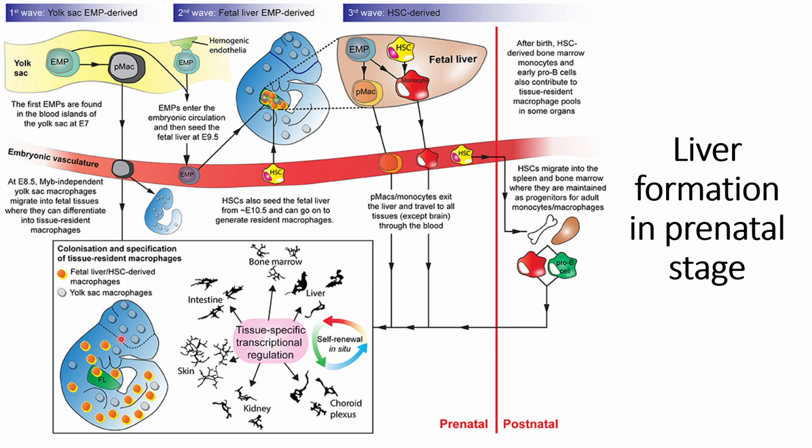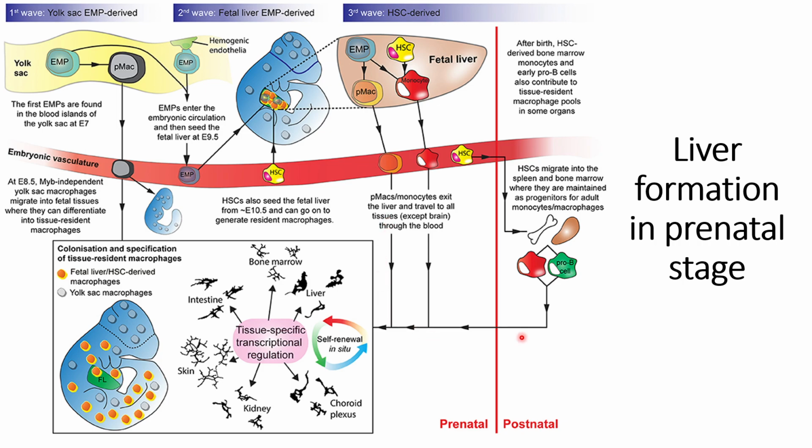So a portion of these cells are still the yolk sac macrophages, and some of them are fetal liver, derived from hematopoietic stem cells macrophages. And this occurs at E8.5. After that, at the stage of E9.5, what happens is this hemogenic endothelium interacts with this EMP, and it will then direct these premature macrophages and monocytes into the blood, and they can then go to the other parts of the body except the brain,